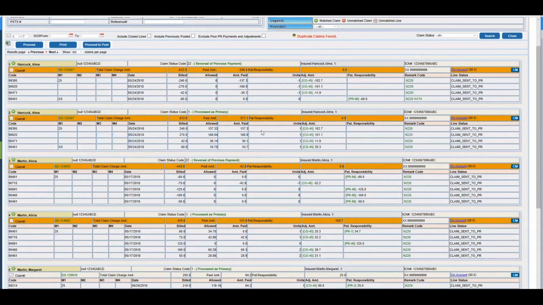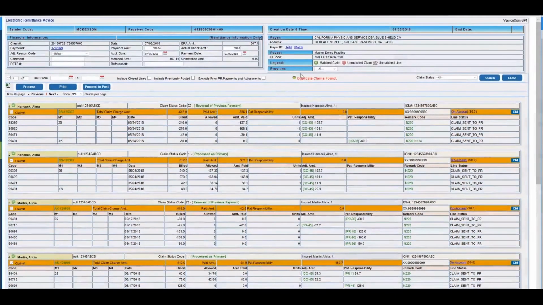If the same claim is seen more than once on the ERA, you can see that the ERA will highlight those claims for you. And it'll also have at the top showing you that duplicate claims were found. Typically, you would see this when you have both a payment and also a reversal from that agreement. In some instances, some insurances may not provide you the reversal of previous payment details, but they may have